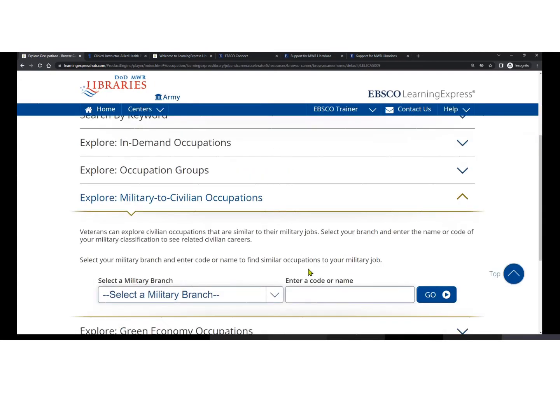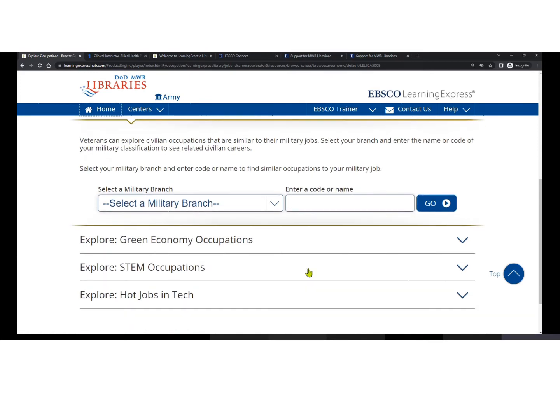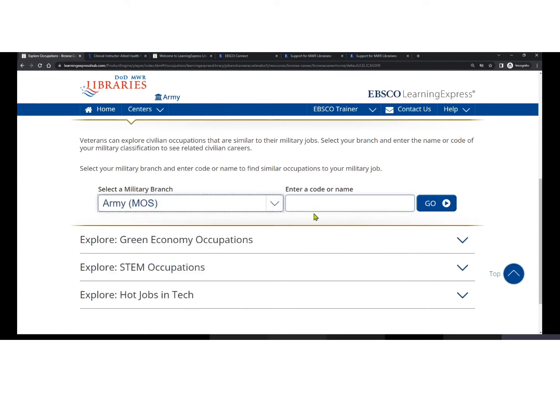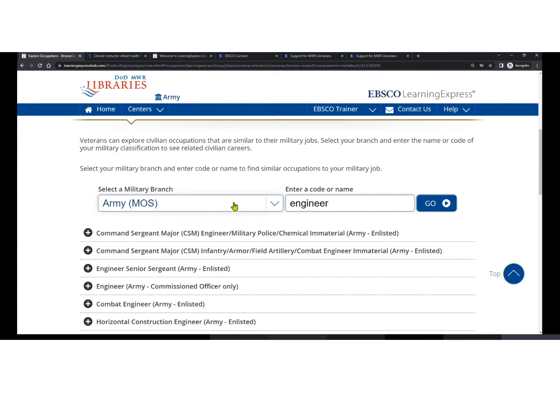it will bring us to this tool where you select your military branch or enter a job code or name. So let's go ahead and select Army. And I don't have a job code, but I will just enter engineering because I know that there are Army engineers, and we'll click go. If you have a job code for your designation within the military, you can enter it here. This is a database specific to military occupations. But if we were to click go, it will tell you for your engineering position within the Army,